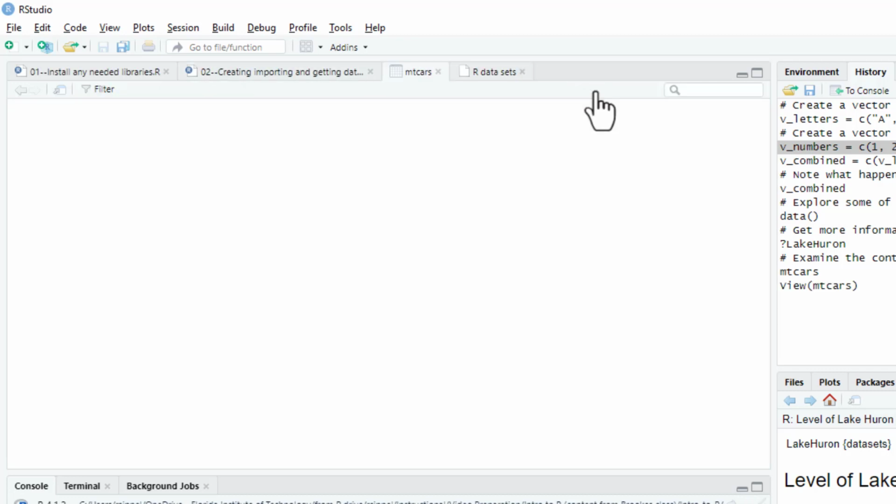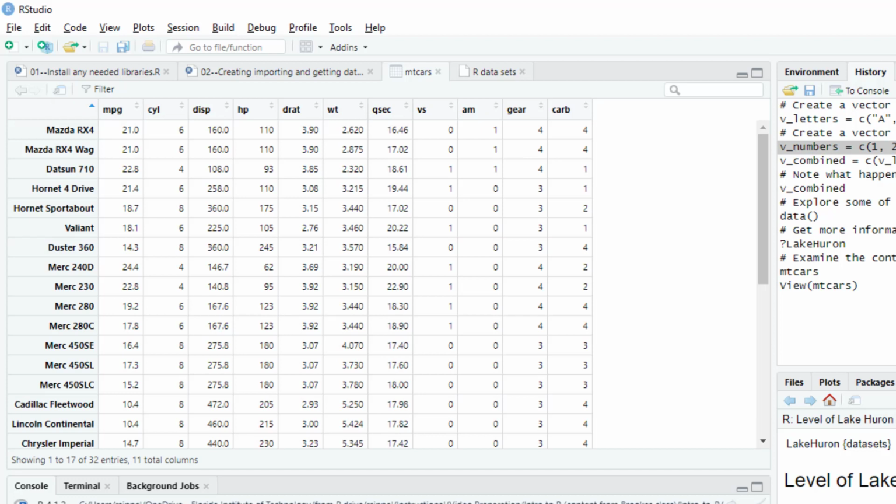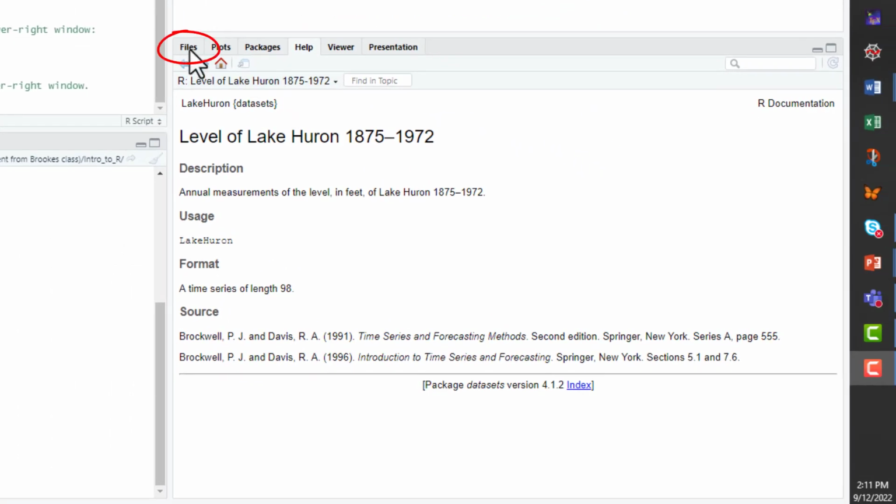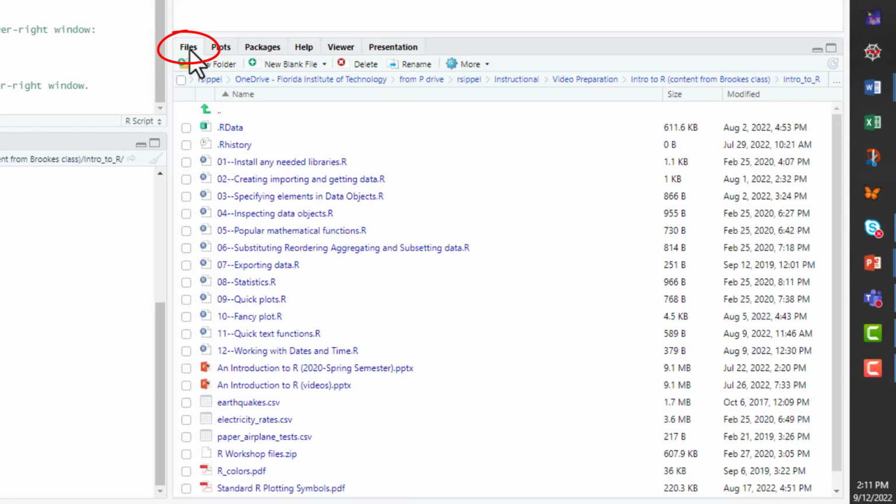The built-in datasets are handy for experimenting with various R commands and getting a better feel for how they work. However, how can you import datasets for a project that you're working on? To do this, start with going to the lower right pane and selecting the Files tab. For the upcoming examples in the video, we wish to import three datasets: